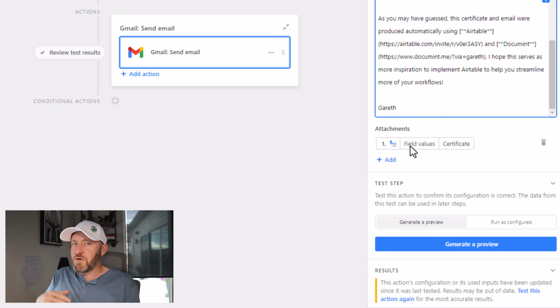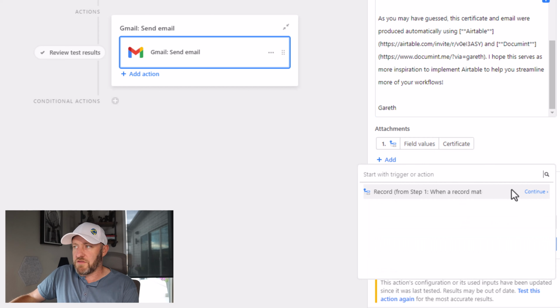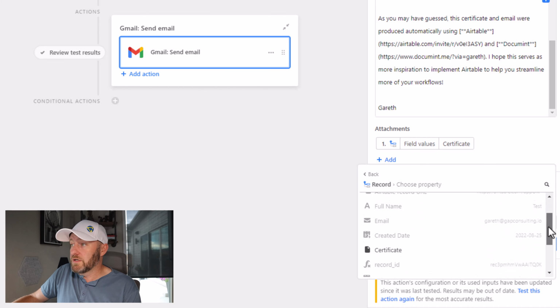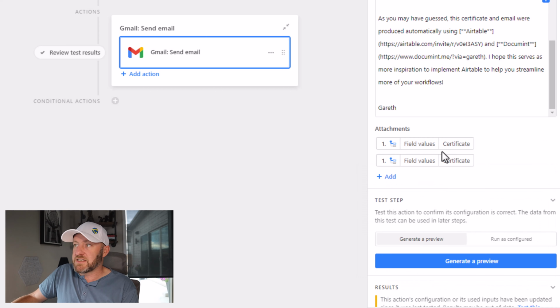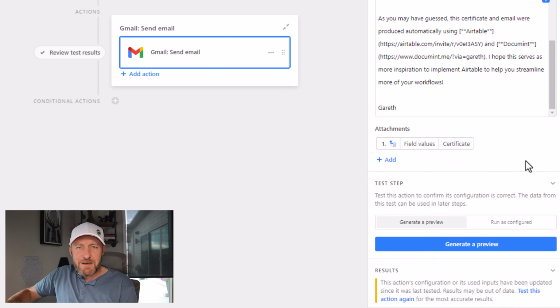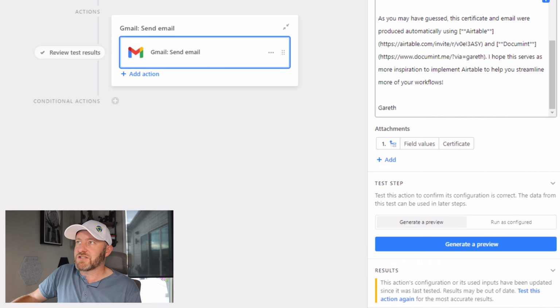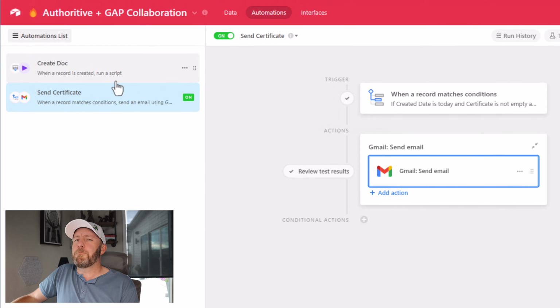This is a little weird. If you go into an attachment, it doesn't look like you might expect it to. So let's take a look together at how to find this particular thing. I'm going to drill into the record from step 1 here. I'm going to scroll down and don't hit continue to go into this any further. Instead, just add the certificate. Insert the certificate as an attachment right here. I'm going to delete that because I already have it in there one time. That's all I need. When you're done, make sure both of these automations are turned on, and now it's time